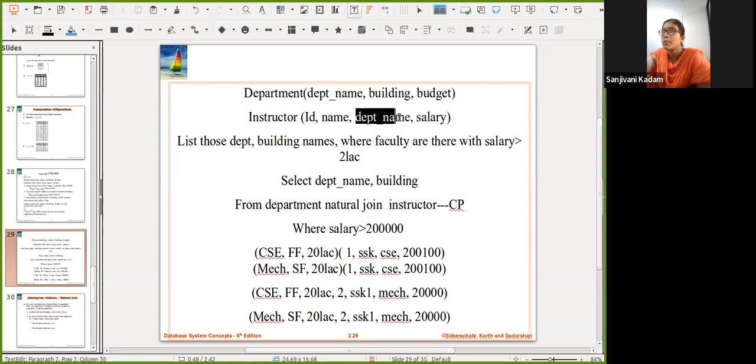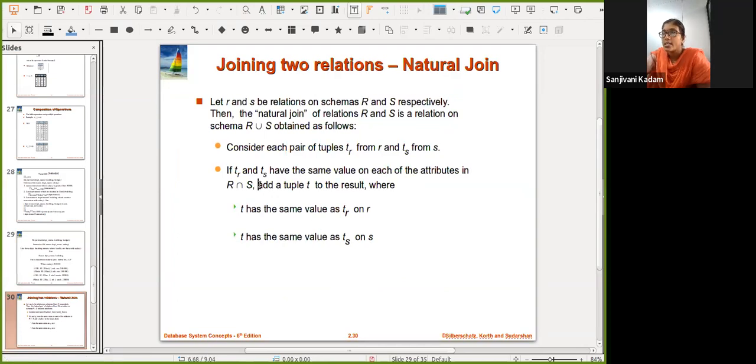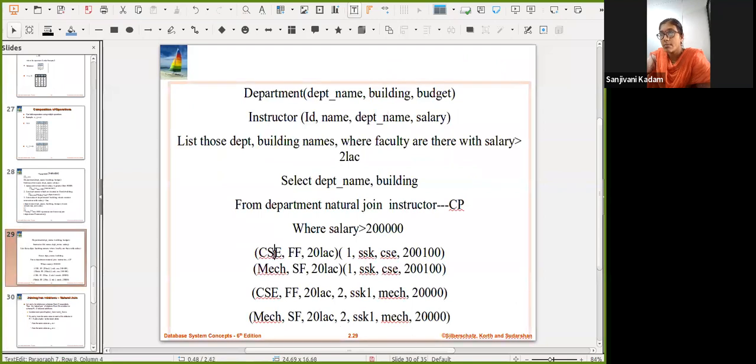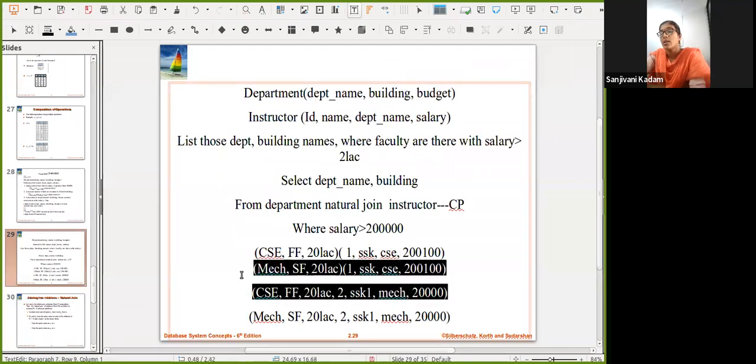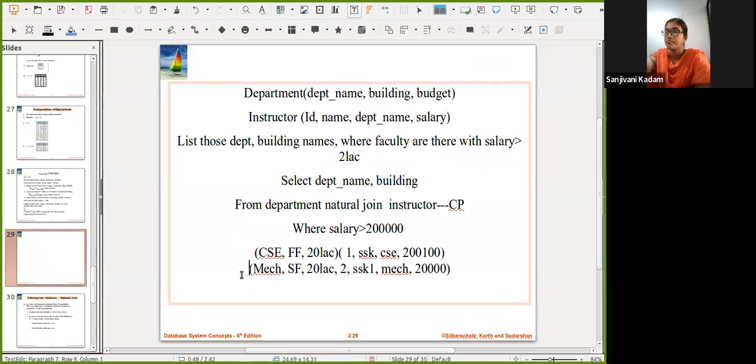So department name is a common attribute in both the relations R and S. So R and S, add a tuple t to the result where t has the same value as tR on R and t has the same value as tS on S. So it means that wherever there is a matching value, only then will it add the tuple. It means that the result of the natural join will be only this much.